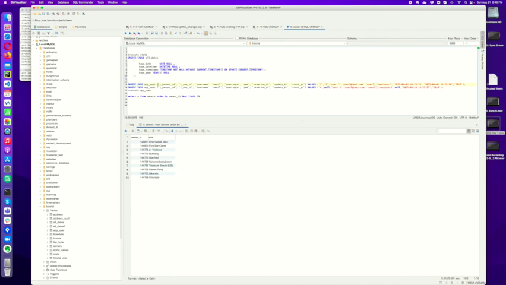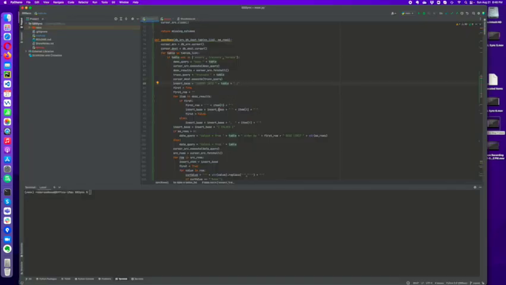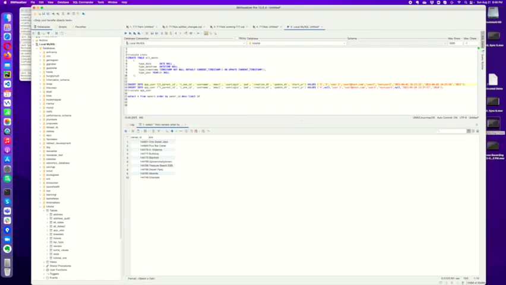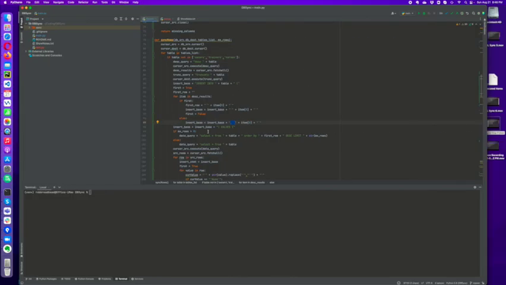Then we're going to go through each of the columns and surround them by ticks. If it's the first, fine, otherwise we're going to precede it with a comma. So the first one we come in, that's where we finish. Then when we come down to the next column, it's not the first column, so we precede it with this comma space, and we do that all the way out. Then we get out to here, and we close that parenthesis, the values keyword, and then open the parentheses for the values we're going to put in there. And now we're going to go through,